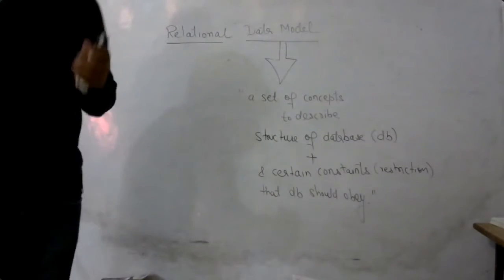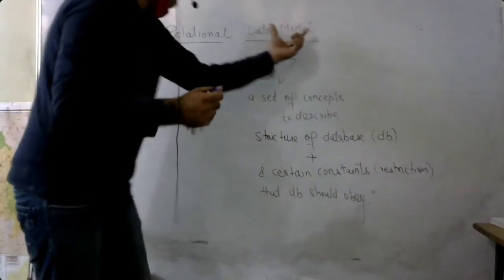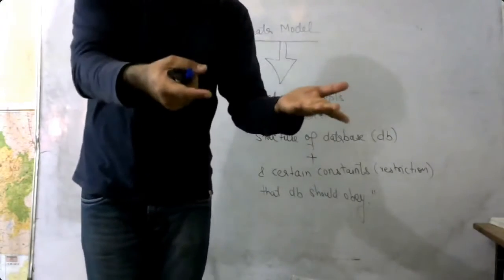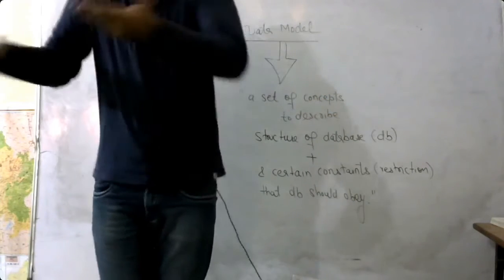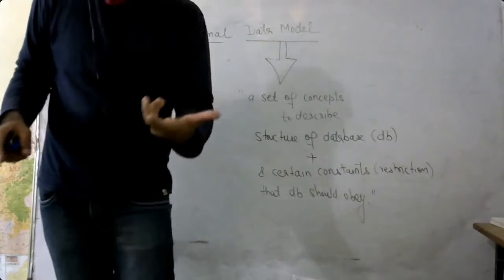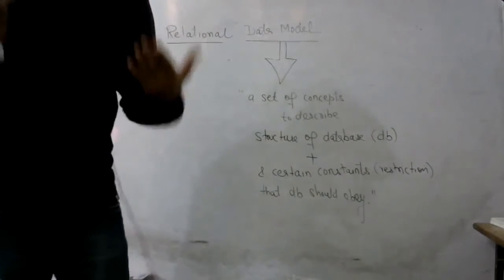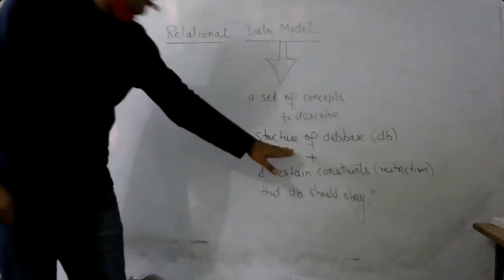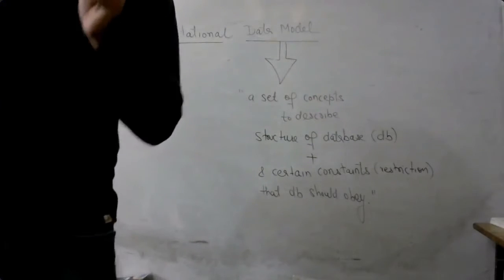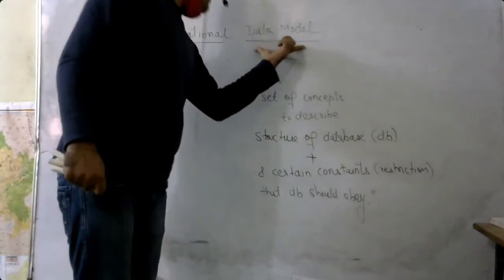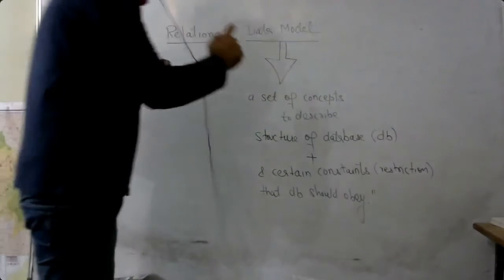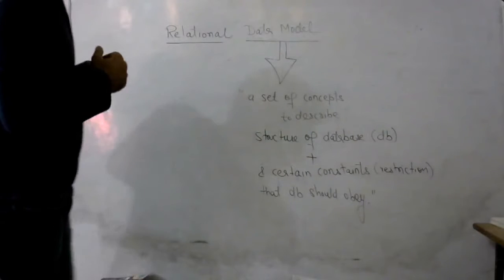The very last time I'm going to elaborate this term. Data model, you know, a model is a set of concepts that someone designed. You might design a set of concepts, I can design, someone else can design. So, the very first thing, data model: a set of concepts to describe the structure of database, and along with that you put some constraints on it that the database should obey. Then this term is known as the data model. I think it is clear to all of you. If there is some doubt, you can give me a message or reply here.